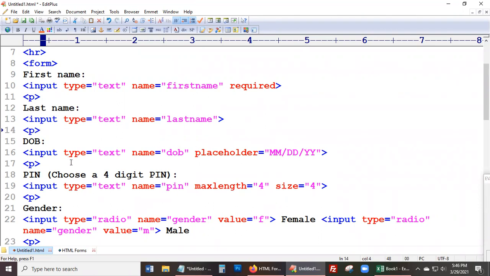You can add that to any of your tags, but just try it with the date of birth. Just say placeholder equals something like this. When you preview it,